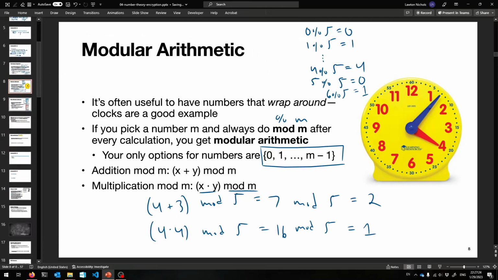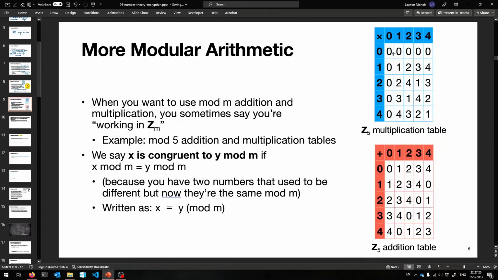Here is some more modular arithmetic. Just like you made normal multiplication tables in elementary school and addition tables before that, you can do the same for modular arithmetic, but your tables are much smaller and they're finite. In fact, you run out of options. That actually makes math a bit easier if you only need that many numbers. If you use mod m at the end of all of your calculations, for example multiplication or addition mod m,